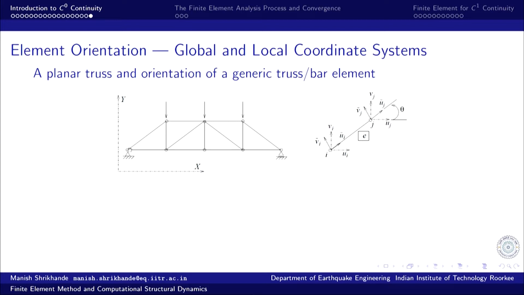But for example, if I use one local coordinate system for this element, let us say element 1, and another coordinate system for the second element, let us say element number 2, now the frame of reference is of course different, and the assembly cannot take place immediately. We cannot compare apples with oranges. These are two different frames of reference.